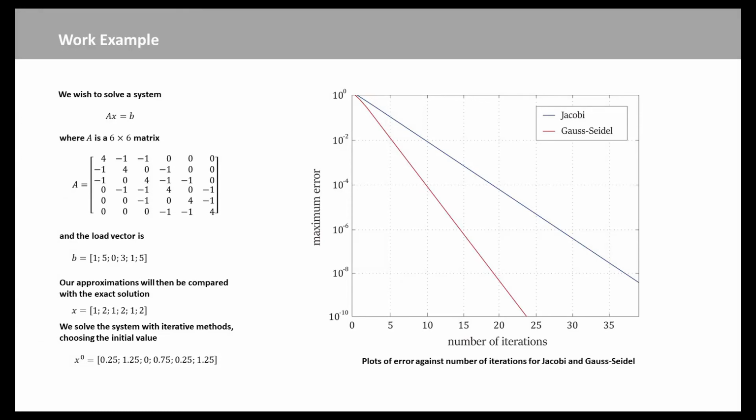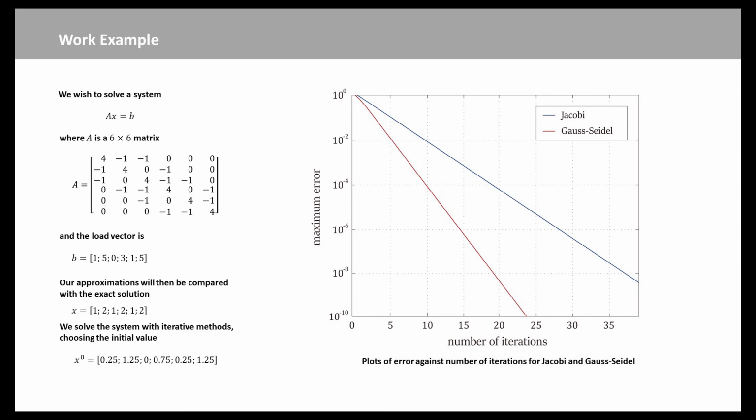In this case study, we choose a matrix to be a 6 times 6 matrix, which is listed here. Its diagonal is 4. It is sparse, with many zeros. Otherwise, we have just some values of -1 appearing here. We choose the right-hand side vector b to be this value. That is a column vector, and one can verify that the exact solution is 1, 2, 1, 2, 1, 2. So it becomes a bit easier for us to see if our iteration converges.